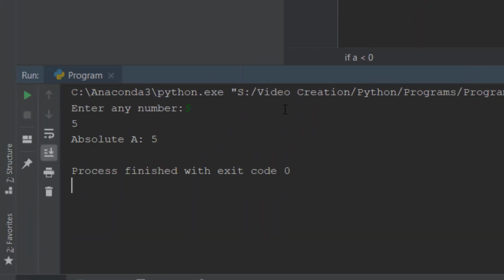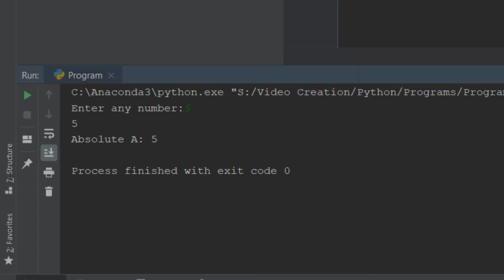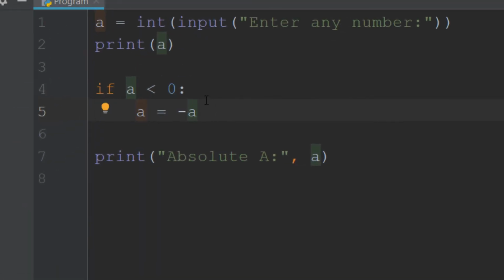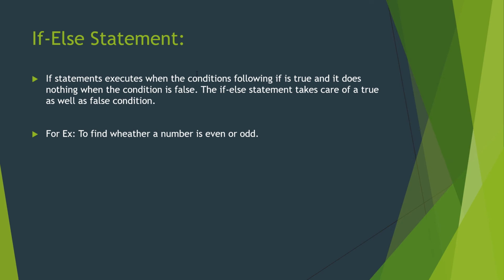It is going to be 5 because it's an absolute number. Let's run by typing -5 and it changes it to 5, as this code is executed because the condition is true.